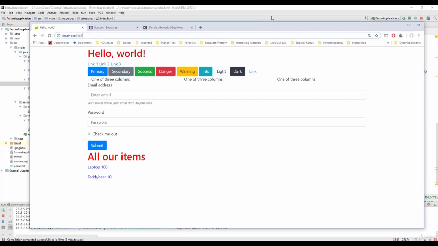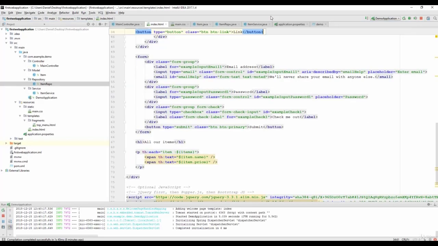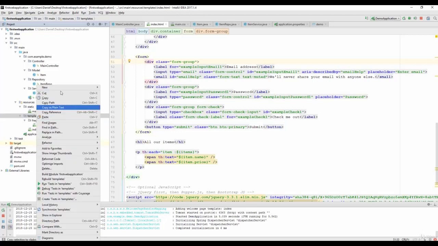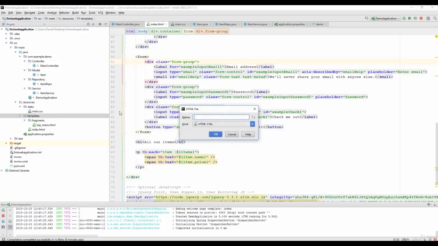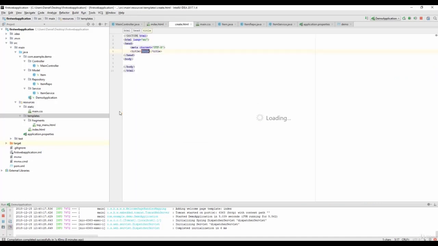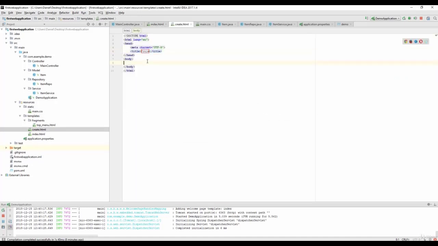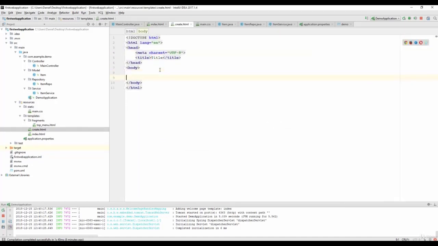So where you would like to start when creating a new route is basically up to you. Some people like to go into the actual templates and say new file and then call it create. Well, we can do that. So I'm gonna create a new HTML file, which is a view. Then I'm gonna create an h1 tag saying,